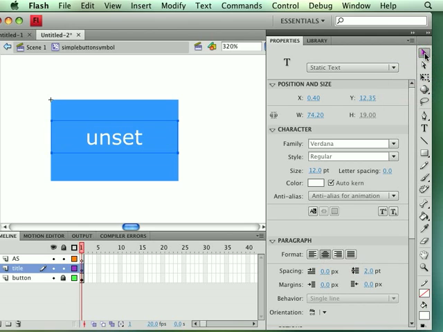Okay, now we know that anytime we want to interact with something that's on the stage through ActionScript, we've got to give it an instance name. So with the text box selected, I want to give this an instance name. However, it's static text,